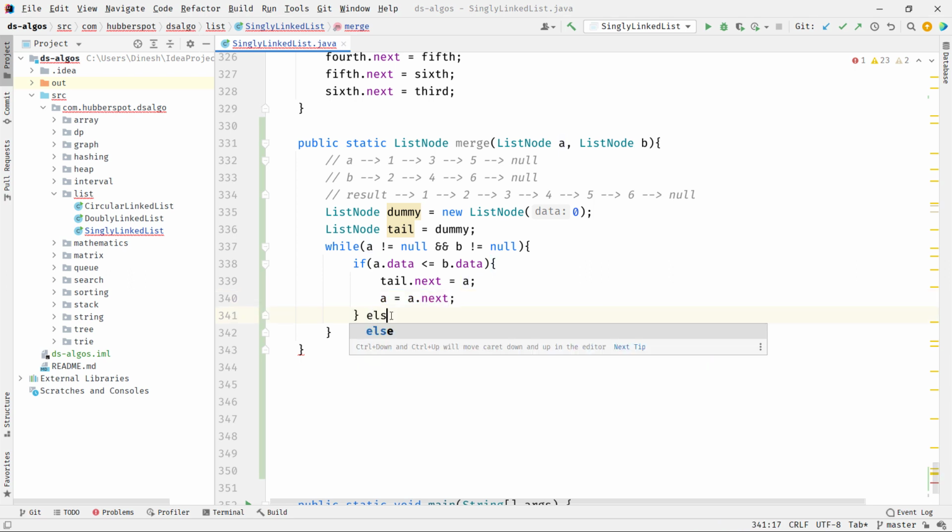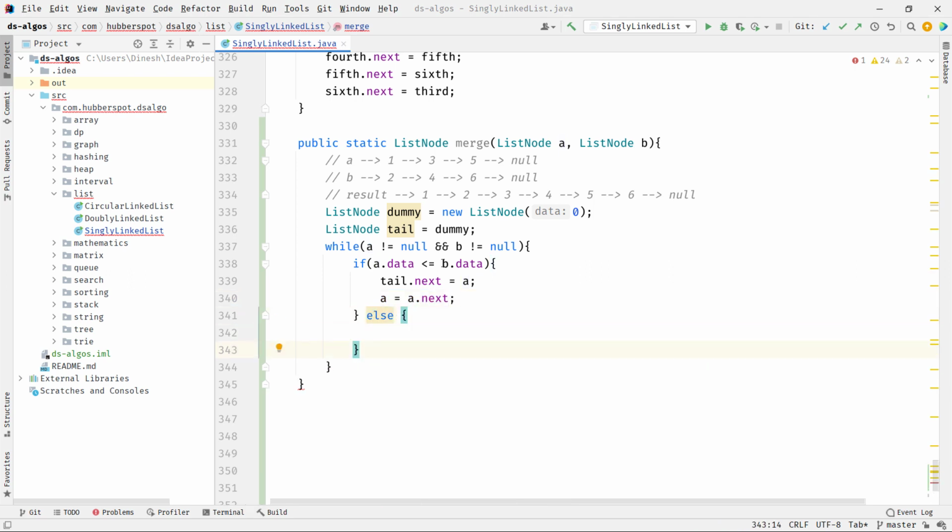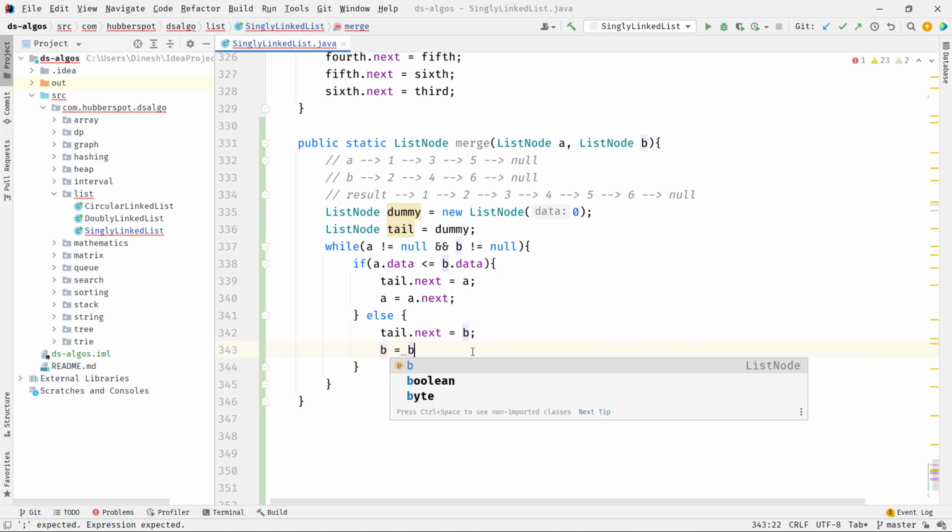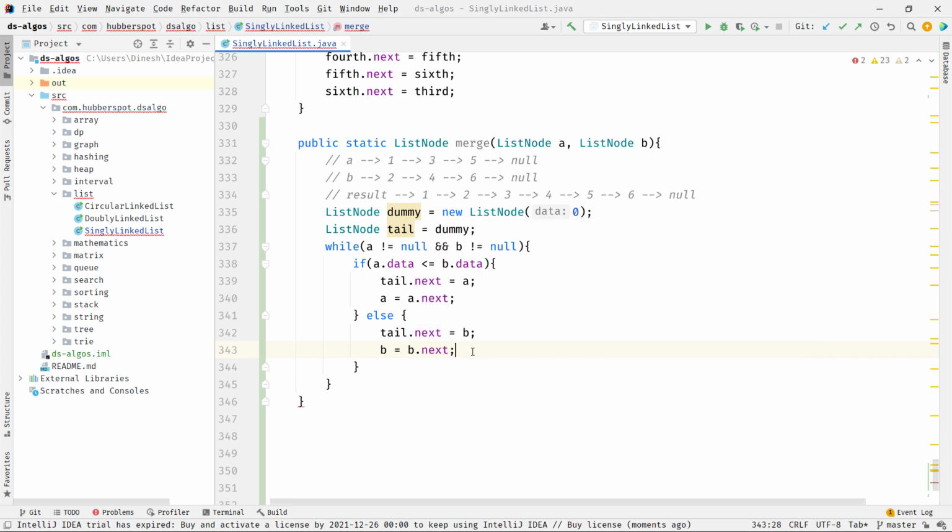Similarly, if B's data is less than A's data, we simply add B to tail's next, and then we move B to its next node. Here 1 is less than 2, so we added 1 and moved to 3, and in the next iteration we compared 2 with 3. 2 was less than 3, so we added 2 here, and then we moved to 4, so that in the next iteration we compare 3 with 4.